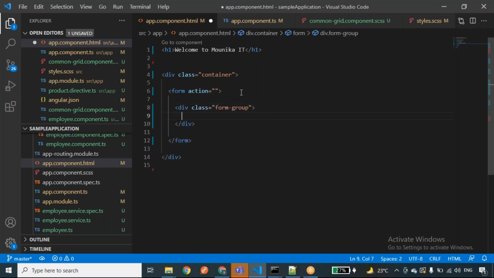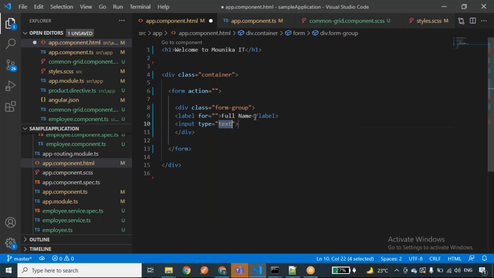Here I'll take the label for the form group. I'll take the label as full name, and I want this to be a text box. If you want a text box in HTML, we have the element called input.